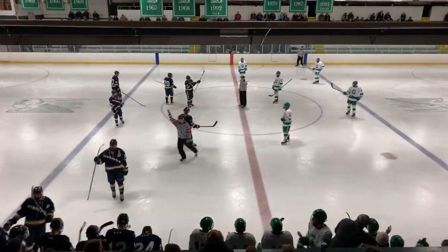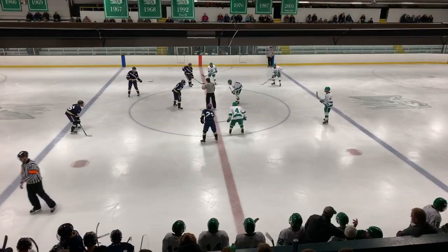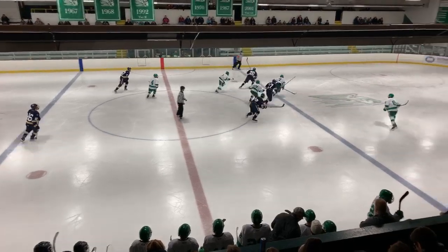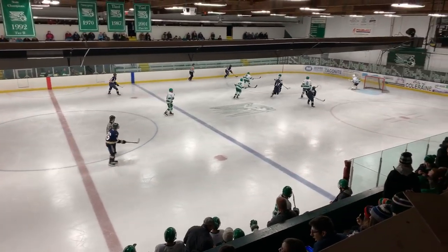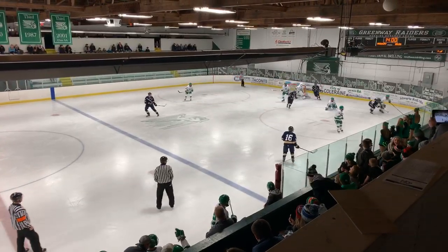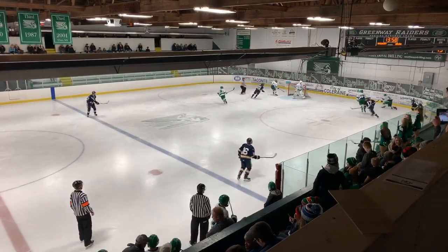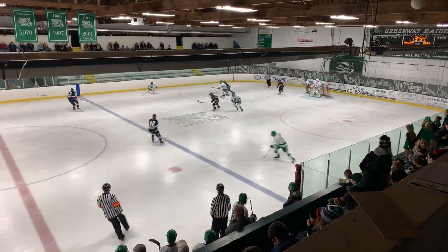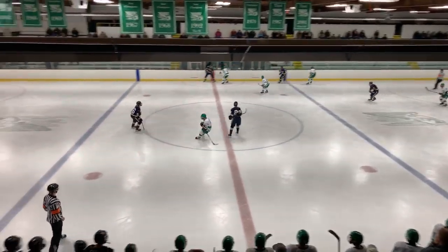Aaron Peel. Some scoring numbers here tonight. Face off here at St. Rachel. Another chance here. Ball over to George Stevenson getting some action here for Hermantown tonight. Picks it out for